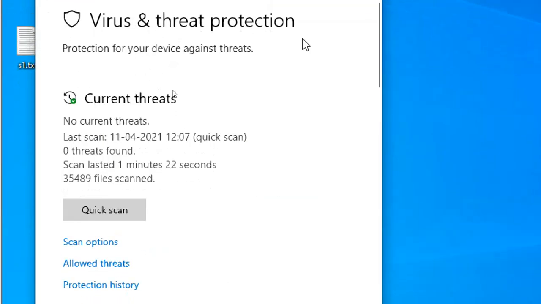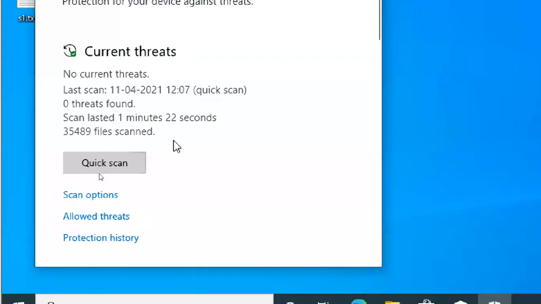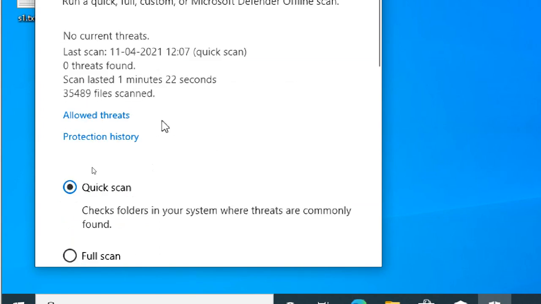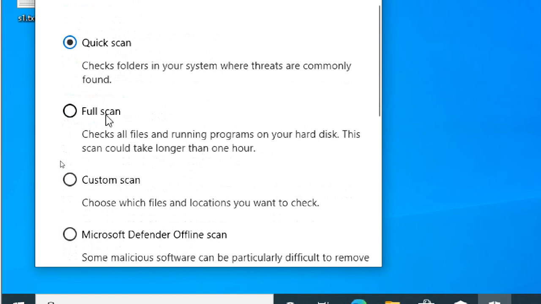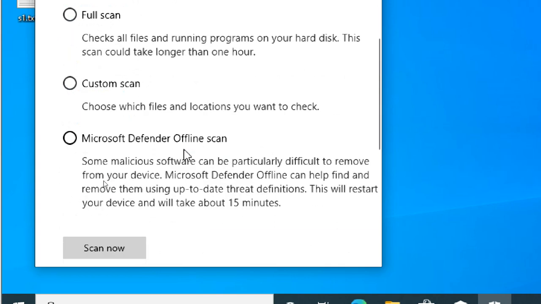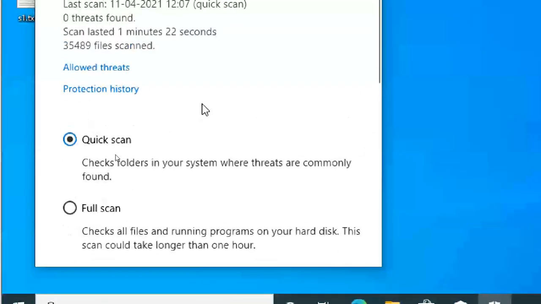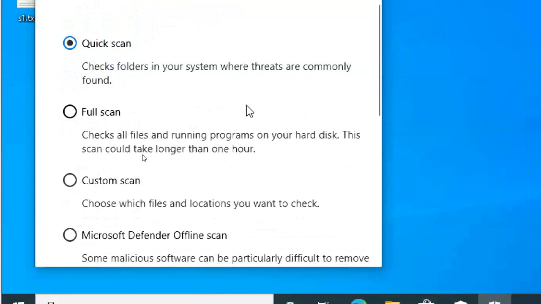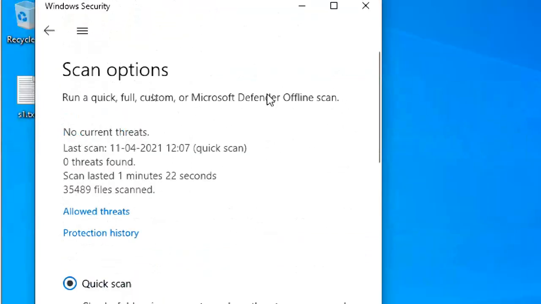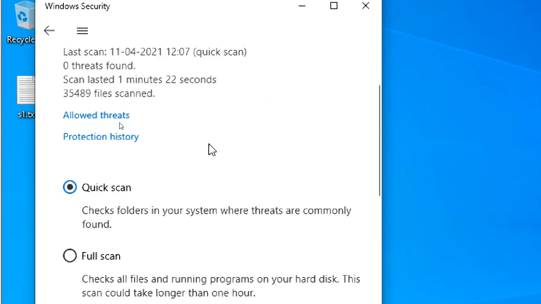Virus and threat protection. Always update it. We can go to the quick scan. In the scan options you can see quick scan, full scan, custom scan, Microsoft Defender offline scan. Mainly, Windows Defender was first built for spyware, to protect the system from spyware.